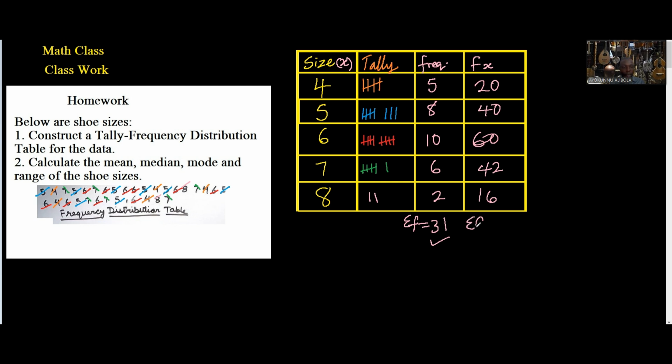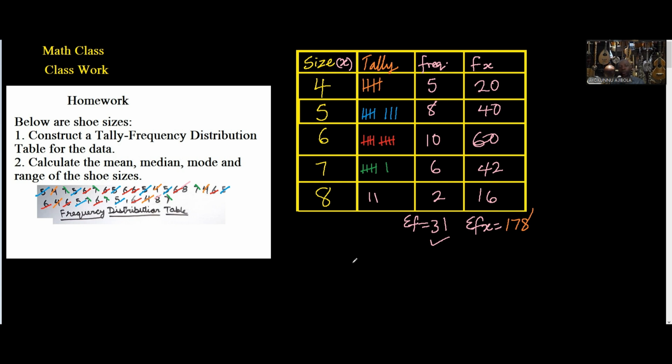So you need addition of fx. So that is called summation fx. We're going to add them together. Let's see if we can add them mentally. Look at this. This is 100 and this is 62, making 162 plus 10, 172 plus 6, that is 178. Check it. Do you get the way I added them together? Yeah. This is 100. This is 62. That's 162 plus 10 here, 172 plus 6,